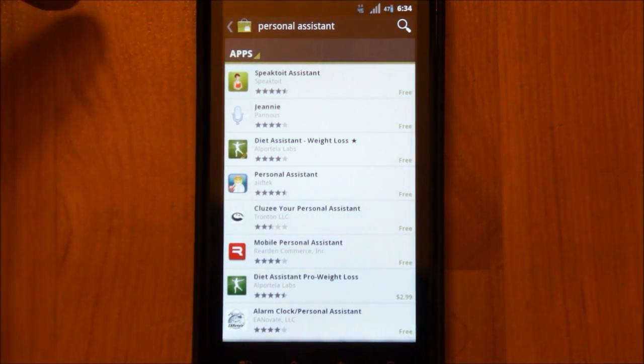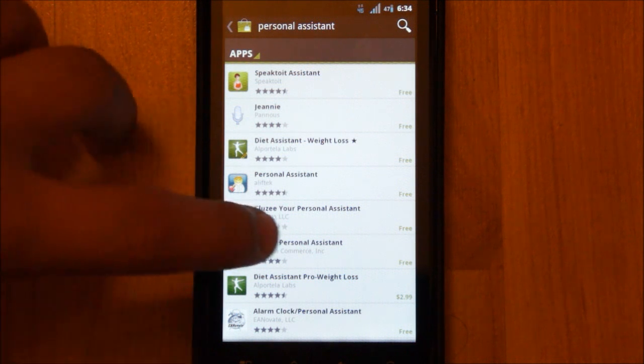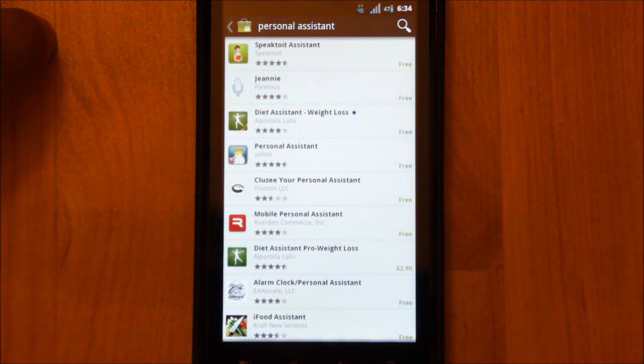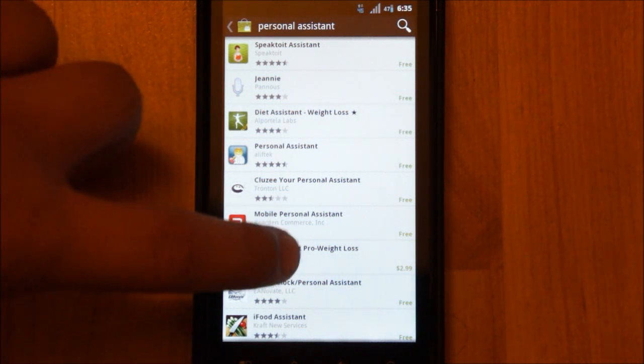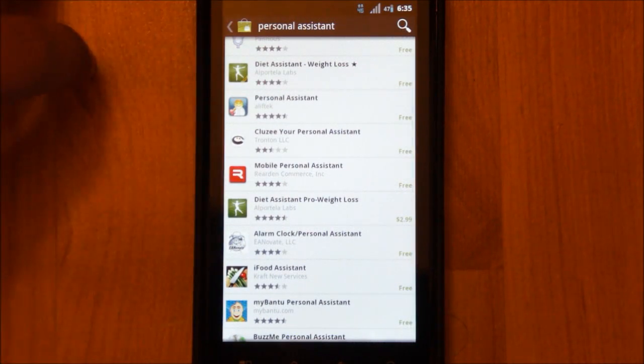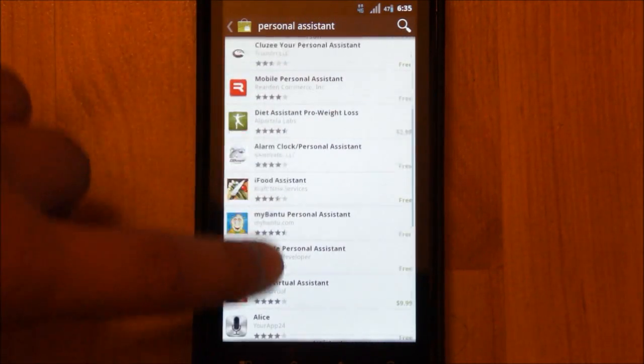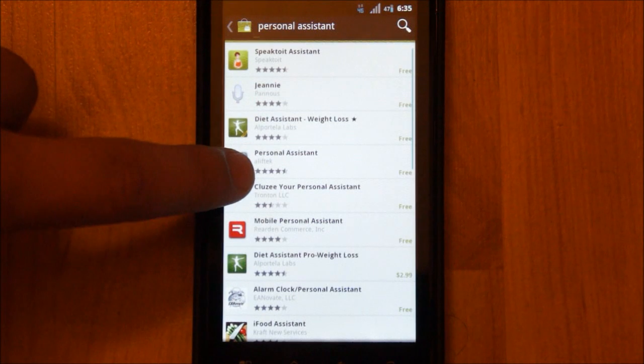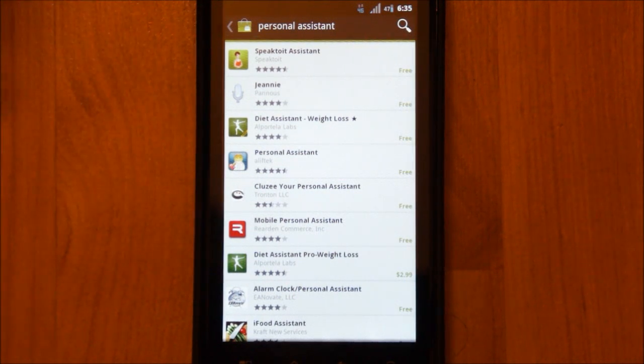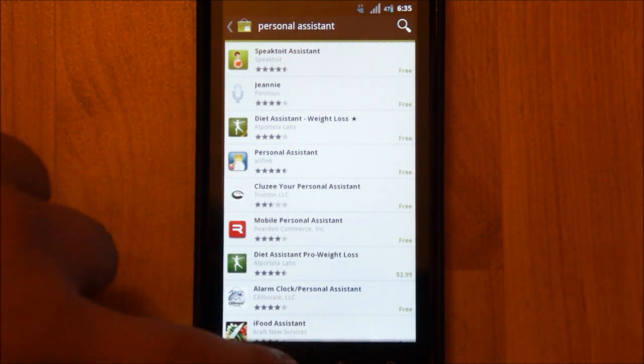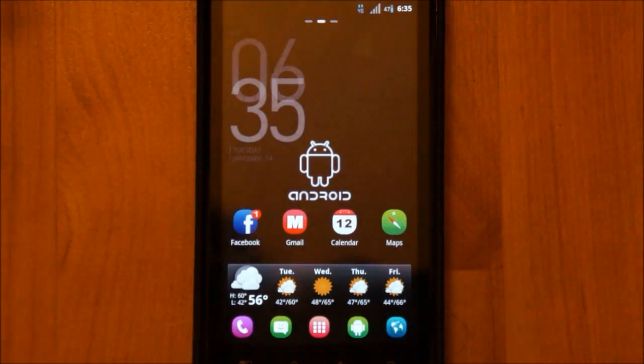So we have Speak It Assistant, which I've heard is fairly good, and we have Genie, which is the free version of Voice Actions Plus, which I already have downloaded. There's a whole bunch of others you can go around here and try out. Of course, you want to look at the reviews and the number of downloads before you do so. And once you download, you can go back home, and once the application is downloaded, you can